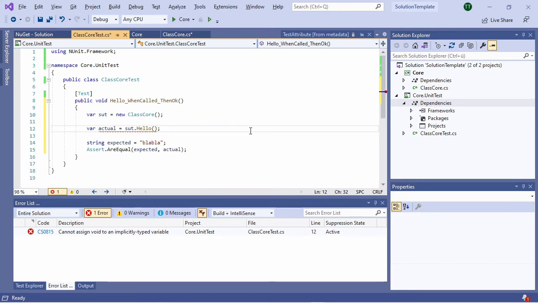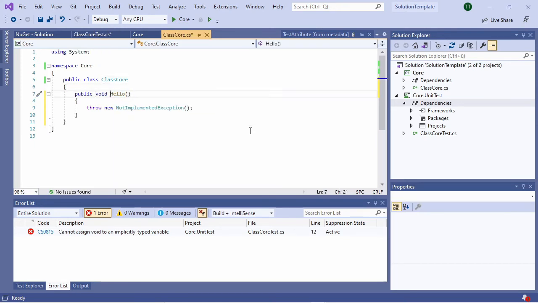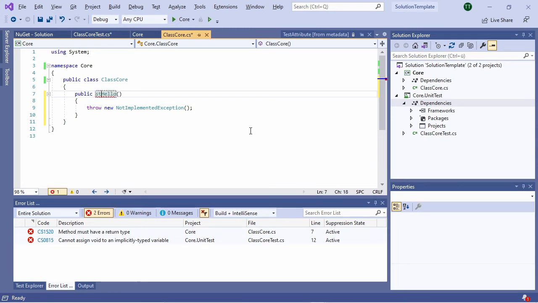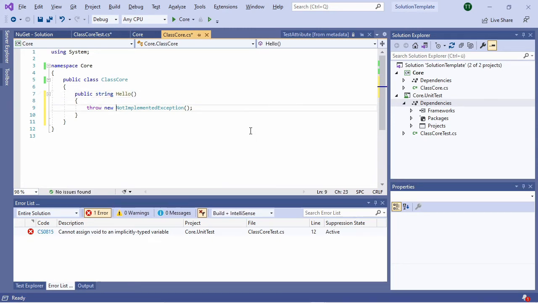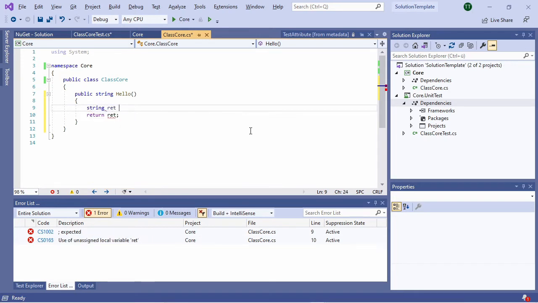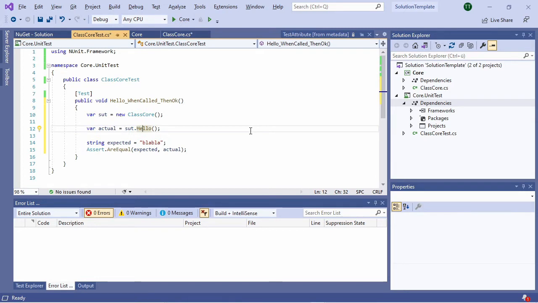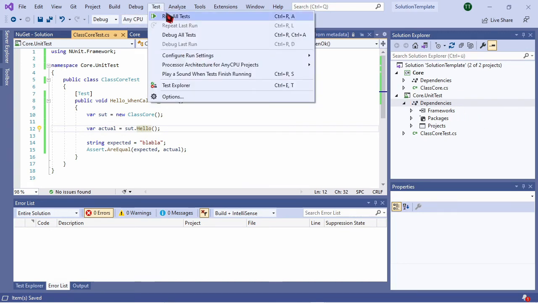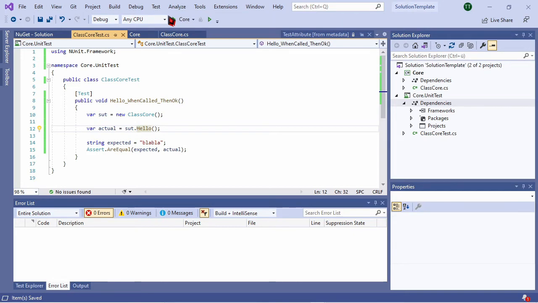So the prototype of Hello must be updated, so it is returning now a string, and let's say that I want to return ret with a string, ret is equal to "blah blah" like this. Okay, good. Now that everything has been saved, I can try to instruct Visual Studio to run all the tests.